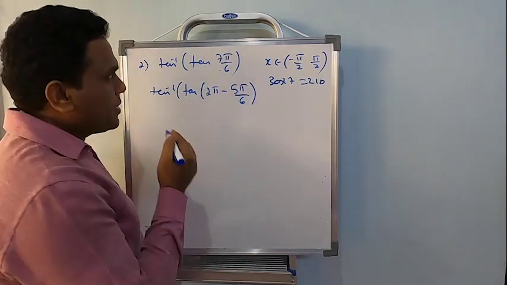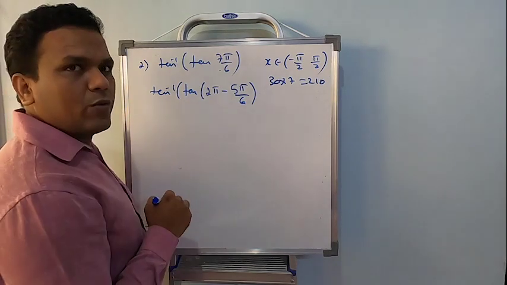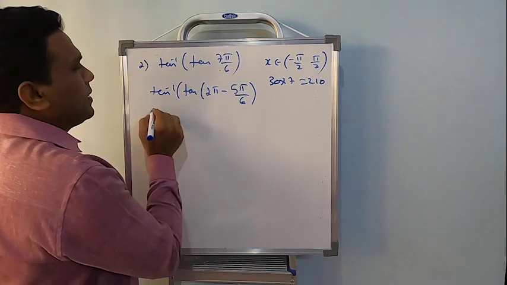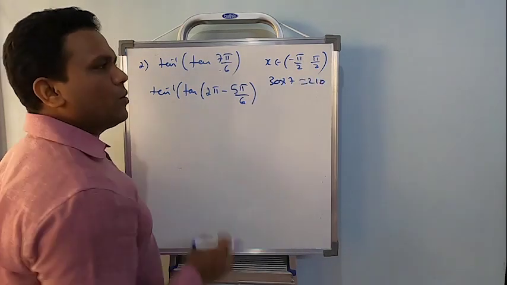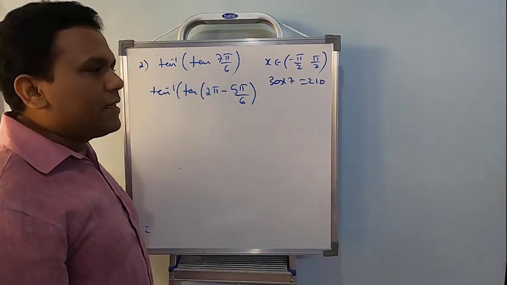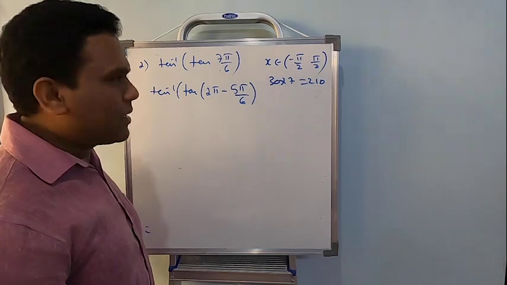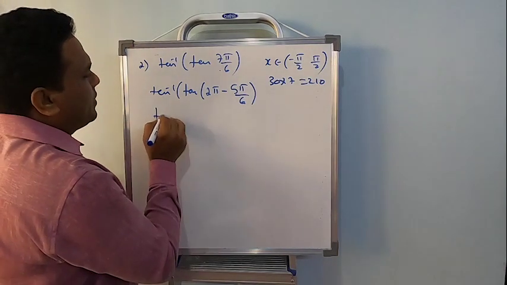That's okay. Check if you want. So this is going to be 12, 12 minus 5 will be 7, right? Sorry sir, I'm finding it difficult. No problem sir. Please go and convert this to degrees and split it: 180 plus 30. That's also fine. Now let us go for it.